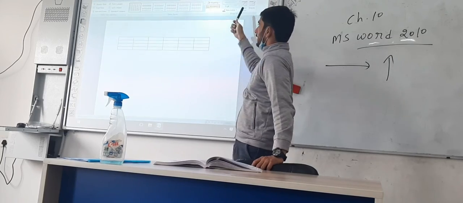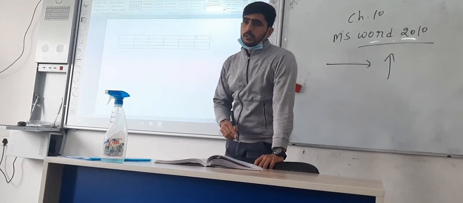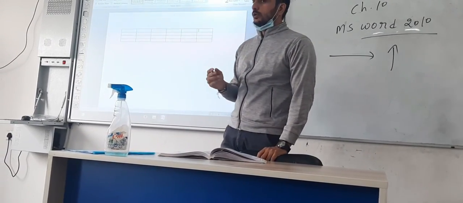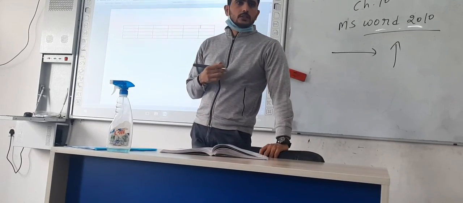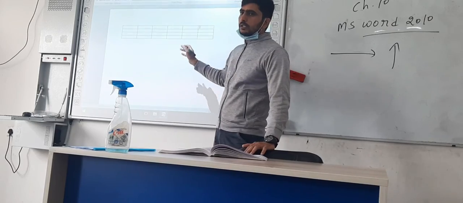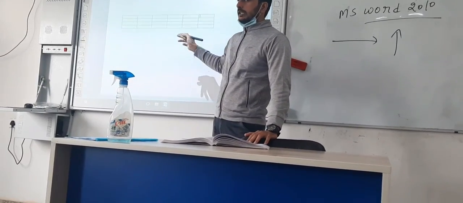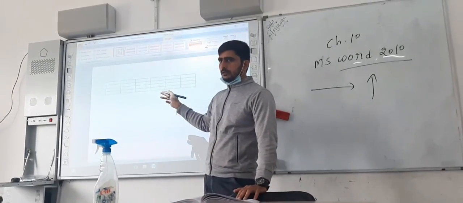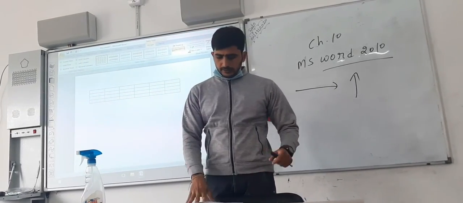The first one is the eraser. The second one is the same as when we want to add rows and columns. If you want to delete a particular cell, then that option is also there. You can select from up and down. Okay. So next one is